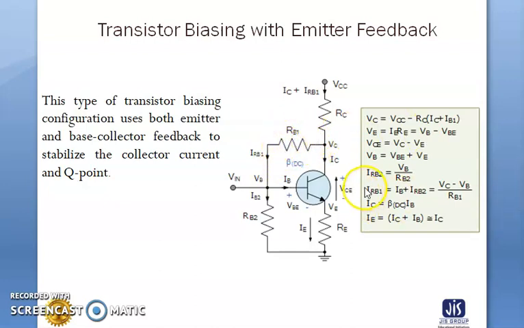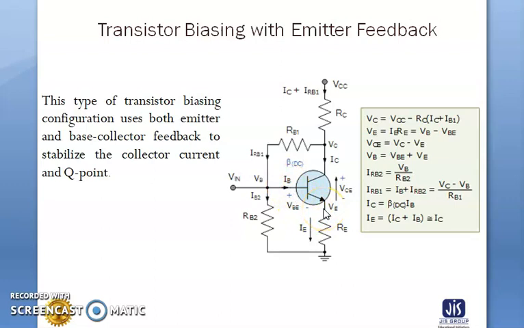The current flowing from the emitter, that is IE, which is also the combination of IC plus IB, causes a voltage drop to appear across the RE in such a direction that it reverse biases the base to emitter junction. This voltage drop reverse biases the base emitter junction.